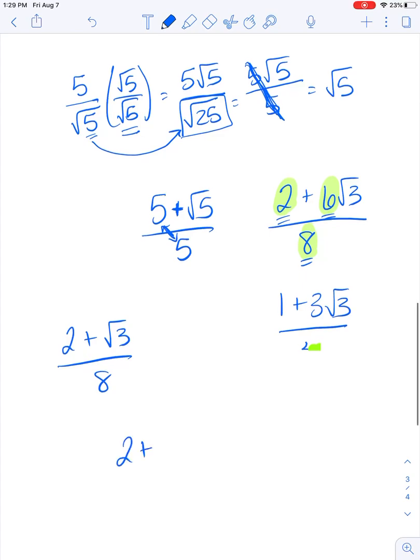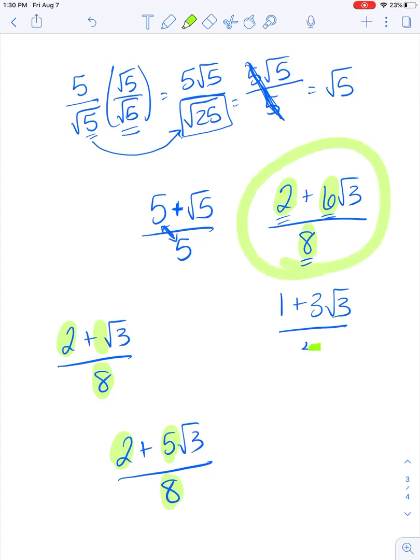But if I had this or this, and they couldn't all reduce, so he's a 2, he's a 1, he's an 8, they don't all have something in common. He's a 2, he's a 5, and he's an 8. They don't all have something in common. I cannot touch them. I cannot reduce it. The only way I can do it is if they can all reduce by the same number. That's what makes it legal. And that is a huge careless mistake, algebra mistake in pre-cal. So the sooner you learn